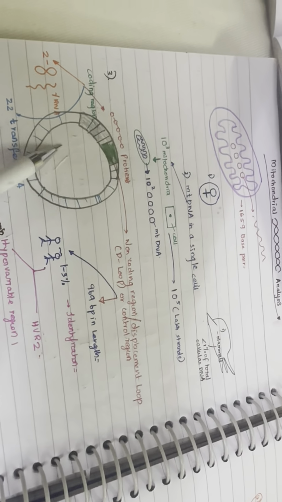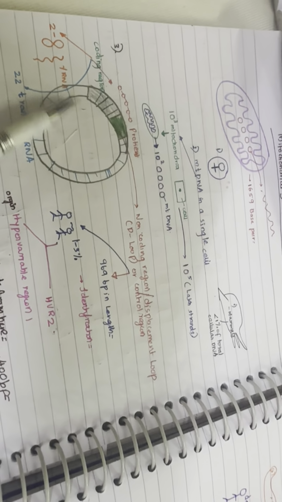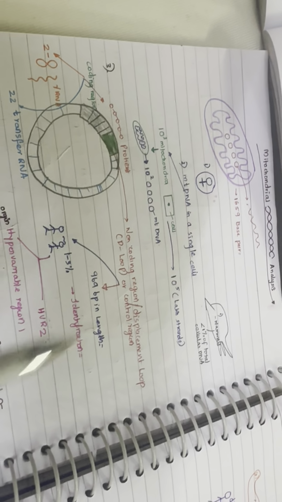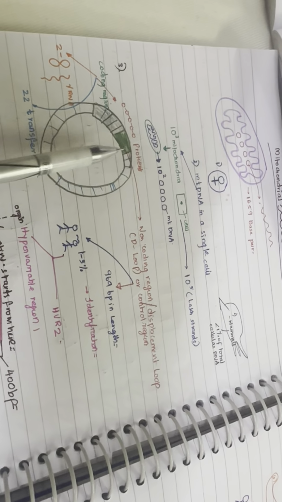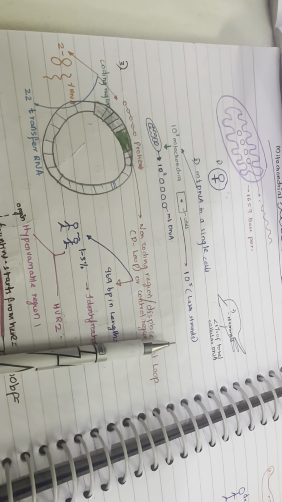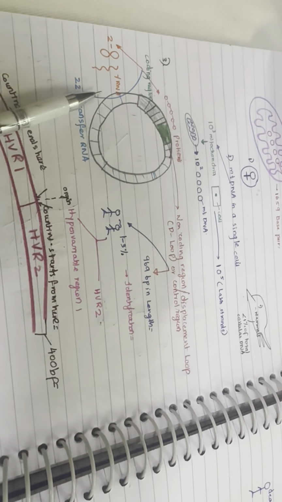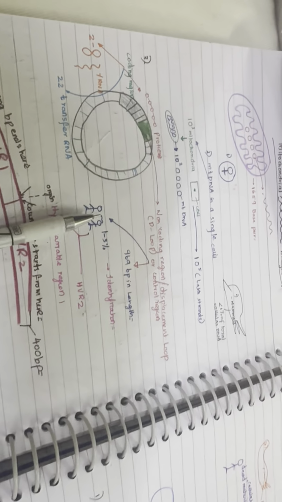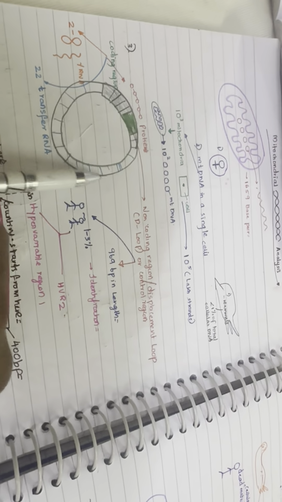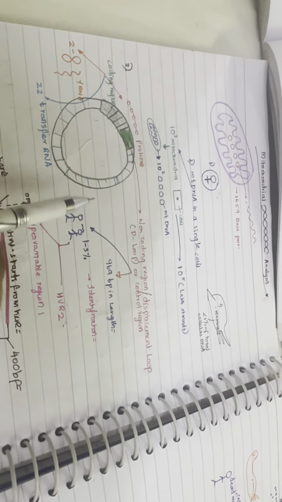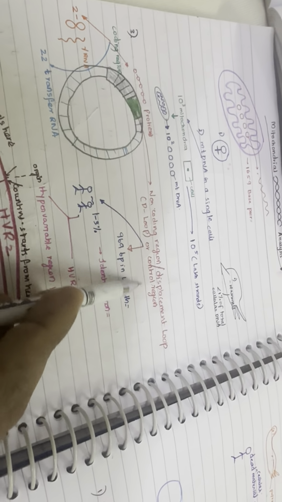The basic structure of the mitochondrial DNA consists of a coding region, the entire region other than the D loop, which contains the sequence of 2 ribosomal RNA, 22 transfer RNA, and 13 proteins, and a non-coding region called the displacement loop or D loop or control region, which is 969 base pair